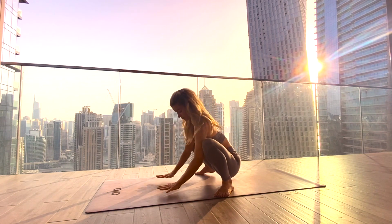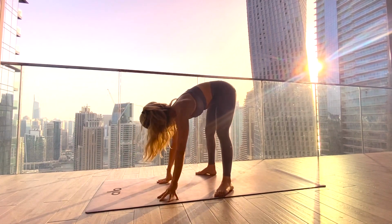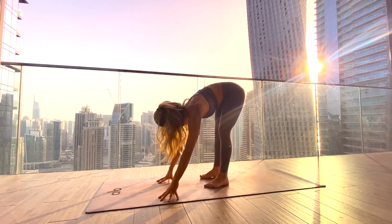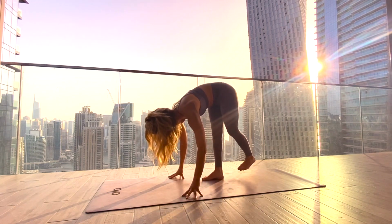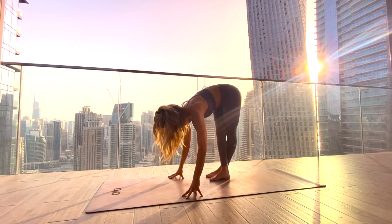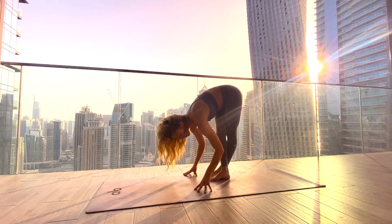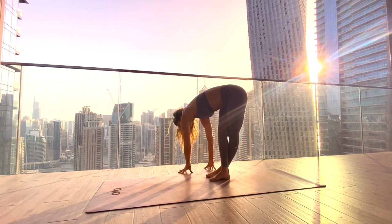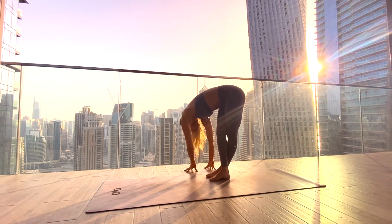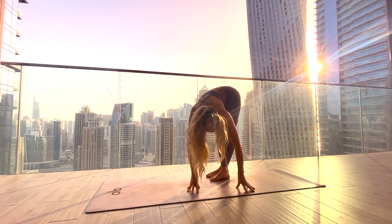And exhale, plant the palms into the mat and lift the hips all the way up. Starting to heel toe the feet together. And now let's bring the left shin behind the right, stepping the left foot next to the right, finding a crisscross forward fold. The legs don't have to be straight. If you have tight hamstrings, you can keep a bend. And then walking your fingertips over to the right and through center over to the left, stretching the outer IT bands